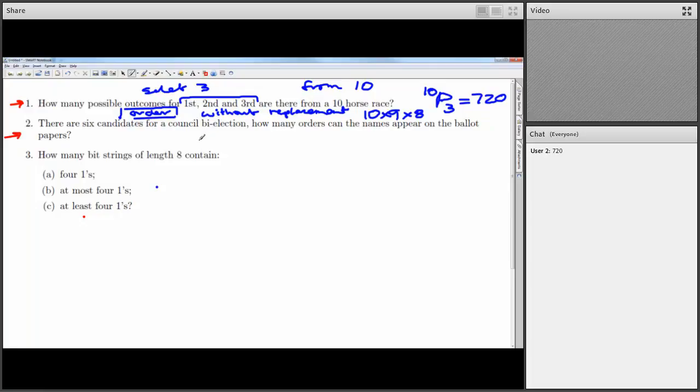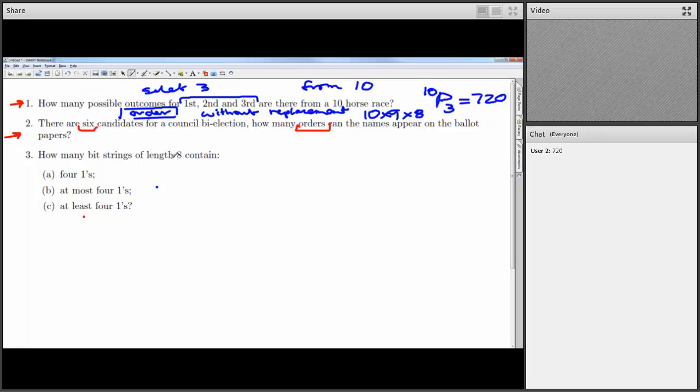The order on the ballot paper is randomly selected, just not to give anyone favors for having really last time being A, for example. So how many different orders are there possible? So you can see we're counting orders. So again, order is going to be important in this situation. And how many are we ordering? Well, we're ordering all 6.